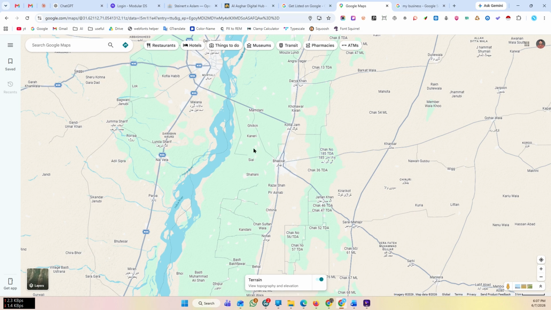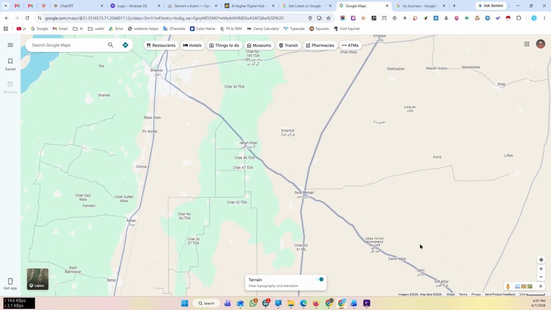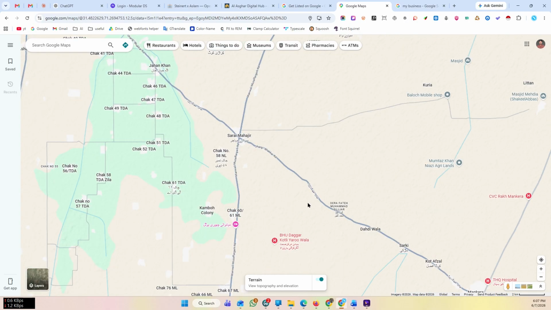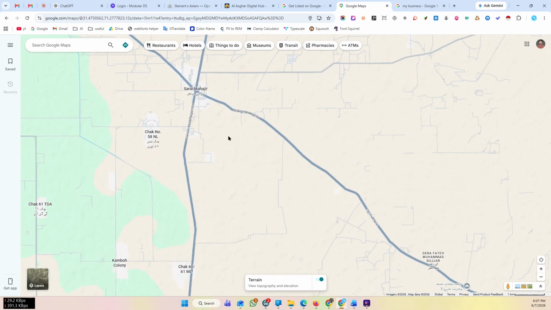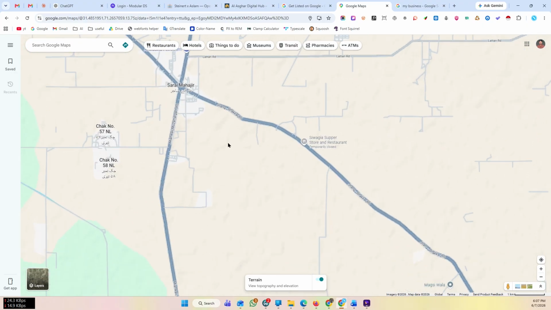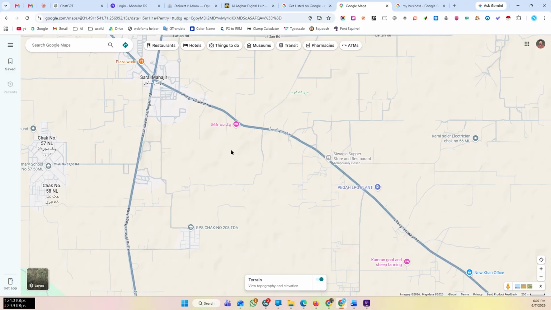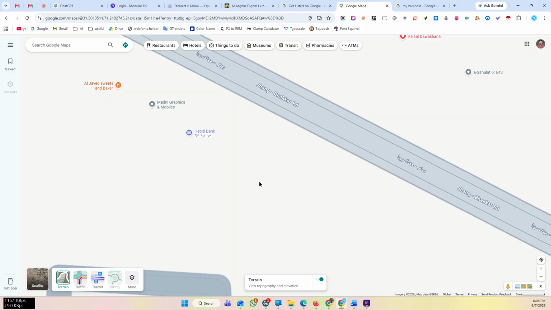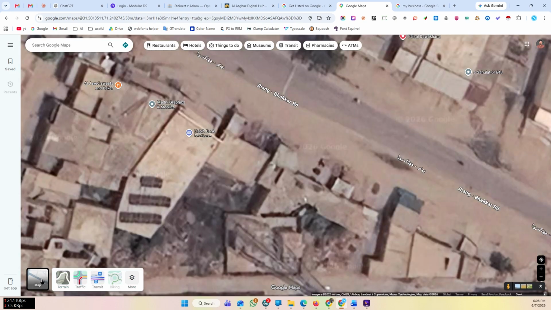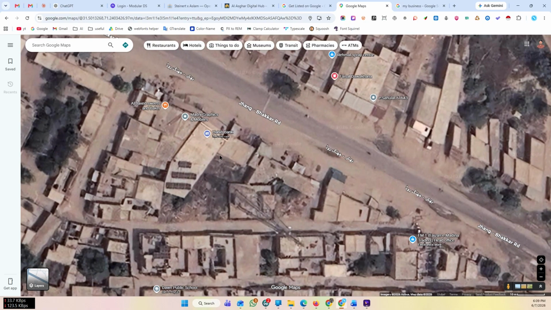Now on this screen, you need to search for the location you want to add. Here you can use the search bar or manually zoom into the area where your business is located. In my case, it is located in Srai Mahajar, so I am zooming in so that I can find the exact location. You need to zoom in until you can clearly identify the exact building or shop location. Here you can see that it is showing me this kind of preview, but you can switch to satellite preview so that you can find the exact building you have for your office or your service area.